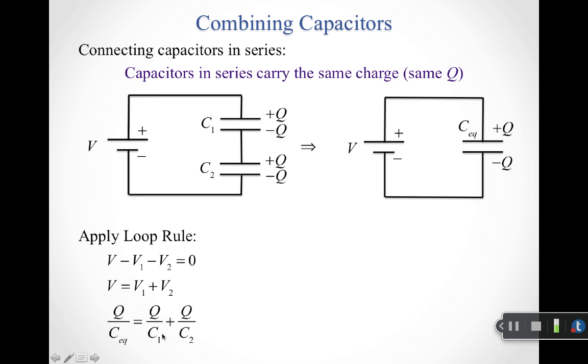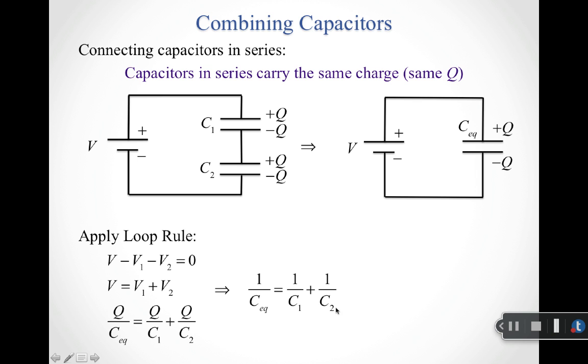And for V1, I know that's going to be Q1 over C1, and here Q1 also happens to be equal to Q. V2 is just going to be Q2 over C2, but again, I've put that same charge Q on capacitor 2. Because all these capacitors share the same charge, I've got the same Q on top here, that just cancels out, and I'm left with my rule for combining capacitors in series. So this is 1 over the equivalent capacitance is equal to 1 over capacitor 1